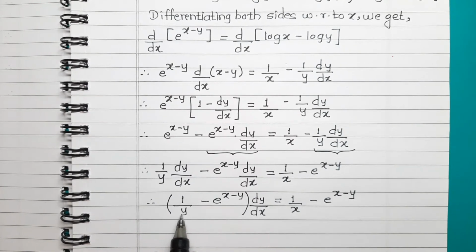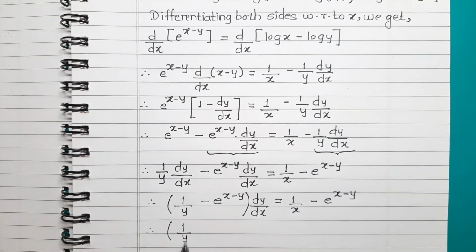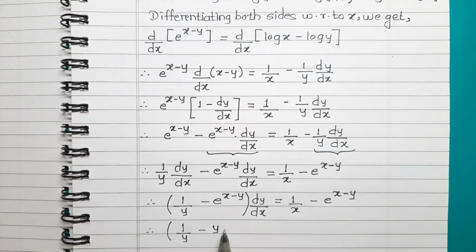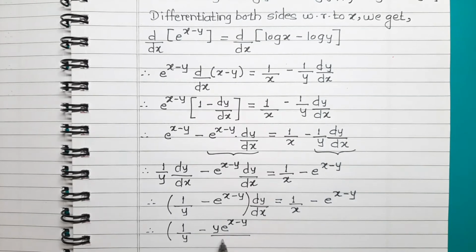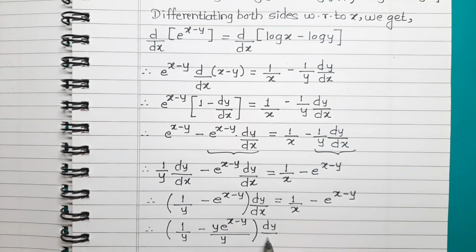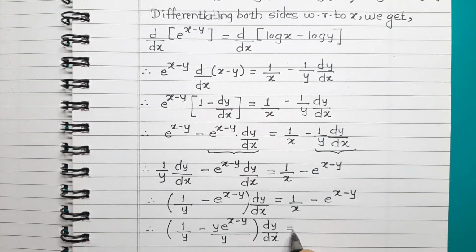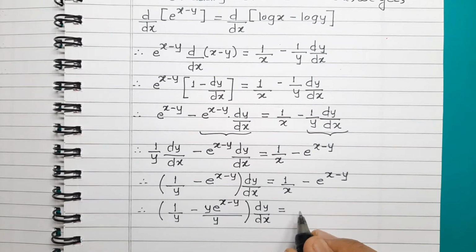Now let's simplify this bracket, and for that we have to make this denominator same. So let's multiply this y at the denominator of this term 1 upon y to e raised to x minus y to get y into e raised to x minus y, so that its denominator is also y, okay. So into dy by dx is equal to, on RHS also we have to make this denominator same,